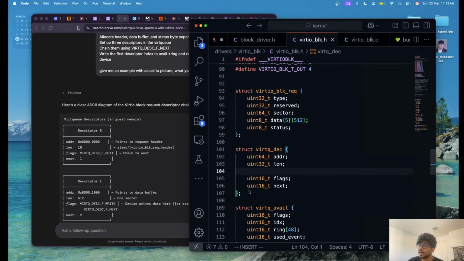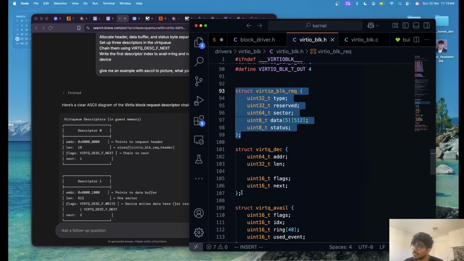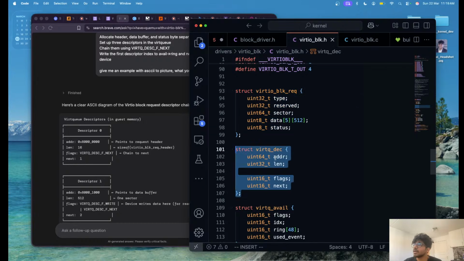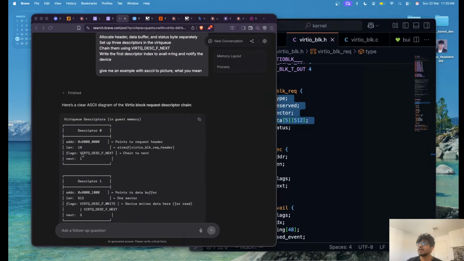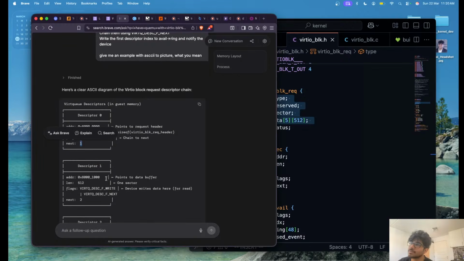So I just fill in like this. I don't fill in this information. I fill up this information with the starting address as maybe pointed to a request, and length. And I also set that next chain to next. Next is 1. And then I create a new descriptor